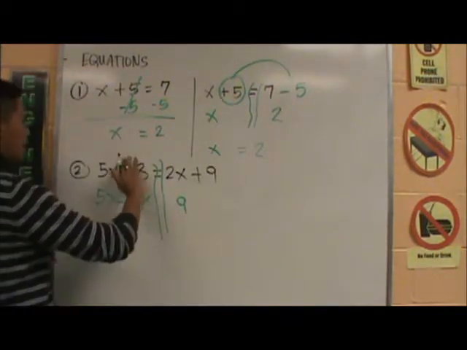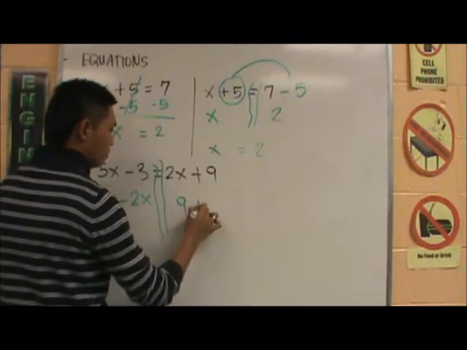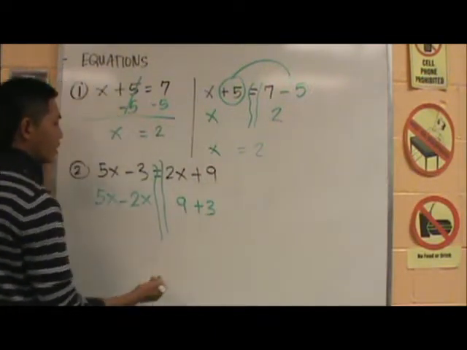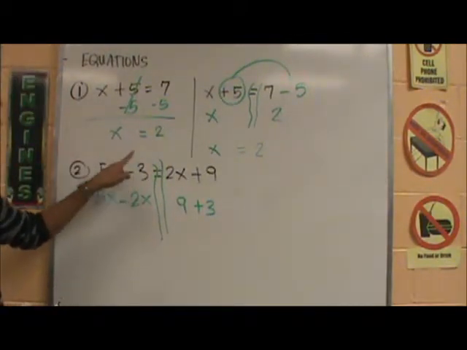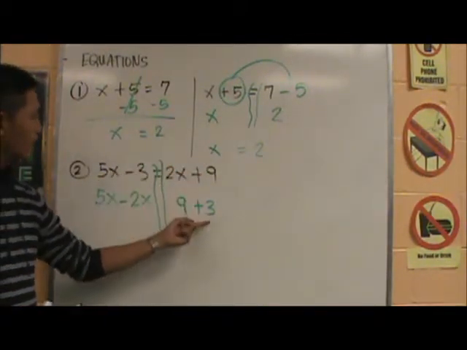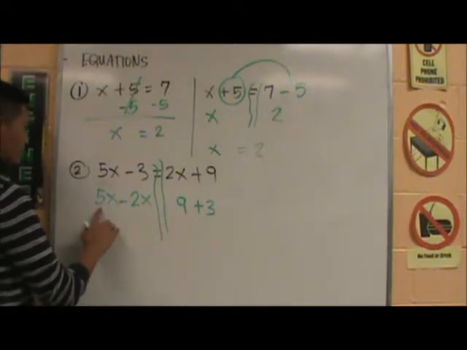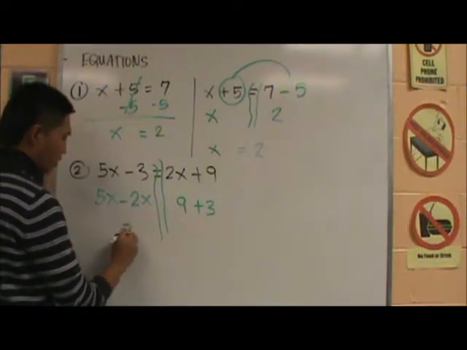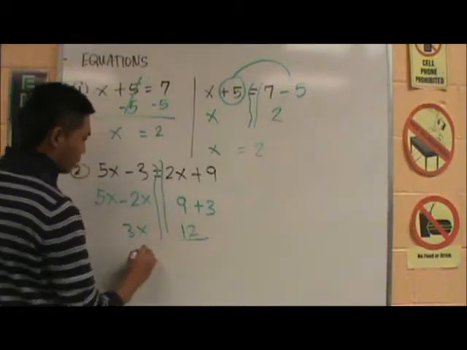That negative 3, move it over, becomes plus 3. Now notice that when I moved it over, it became positive 3. Now I can go ahead and use my mental math. 5 minus 2 is giving me 3x, and now I have 9 plus 3, which is 12. Divide both sides